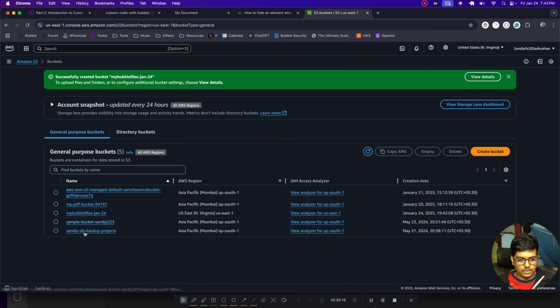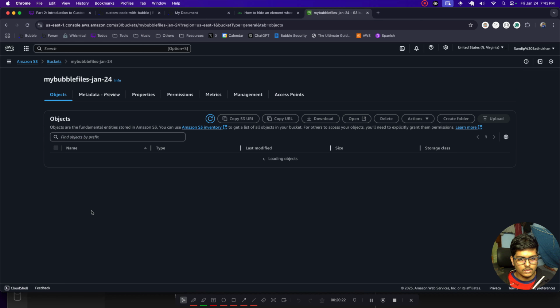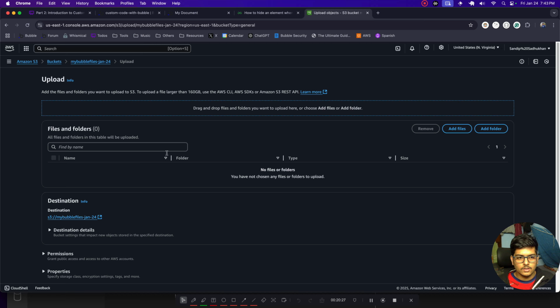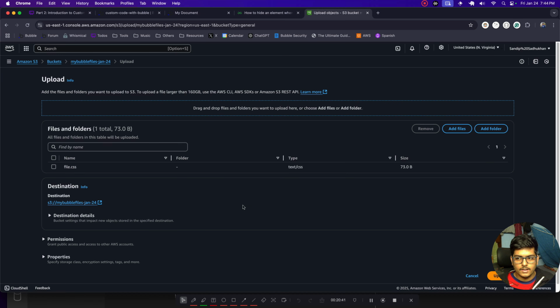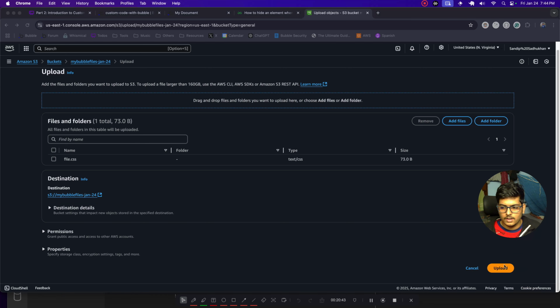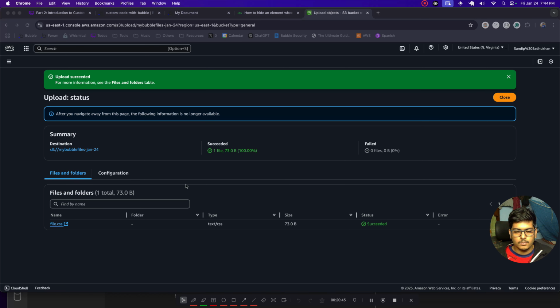Now how we will upload it into the S3 bucket, let me show you. For example, the bucket we have created, you have to open it. Now you have to upload a file. So select the file that you want. I selected the file and now I can click on upload. So this is uploaded in the